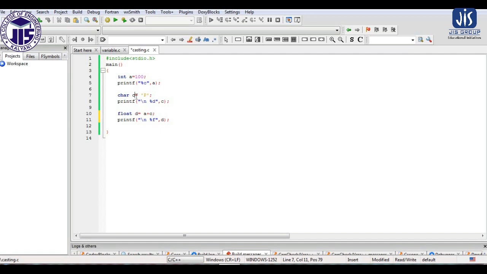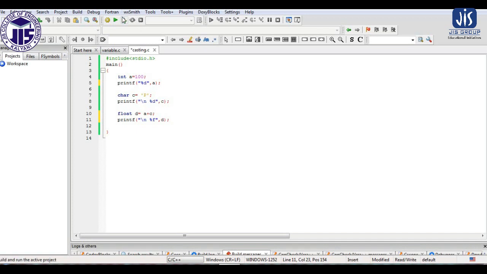So we are performing an addition operation of an integer type variable and a character type variable, and the result we are assigning to a float type variable. The addition is of an integer and a character, which are different, and the result that will be generated will be stored in a float type variable. So the result is again in another format.